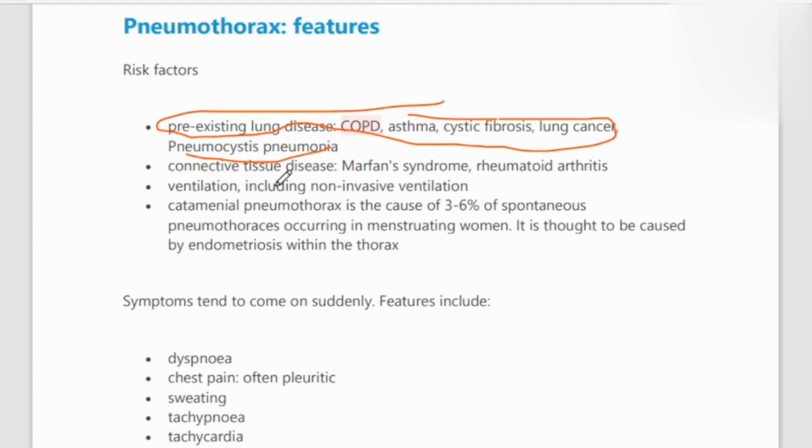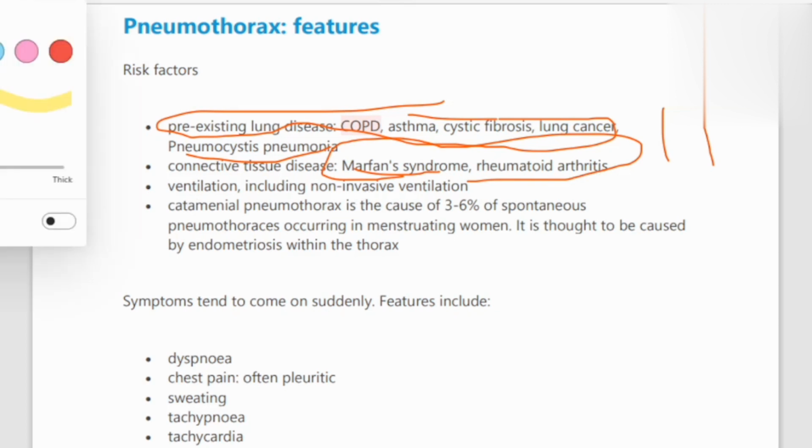Connective tissue diseases like Marfan syndrome, in which there is a collagen or other deficiency that weakens the pleura and causes pneumothorax. And in rheumatoid arthritis, there are autoimmune diseases that also act against the pleura and cause pneumothorax. Ventilation, including non-invasive ventilation, may cause iatrogenic pneumothorax. The most important one in RCP questions